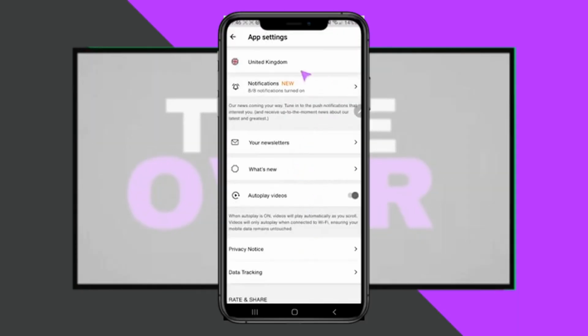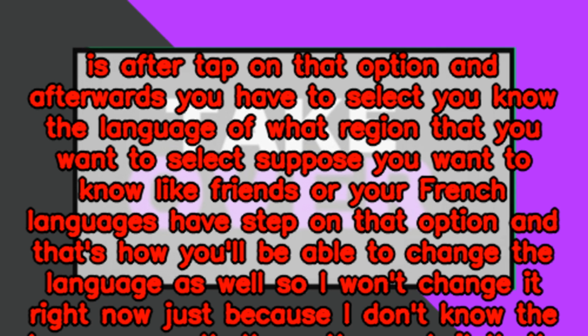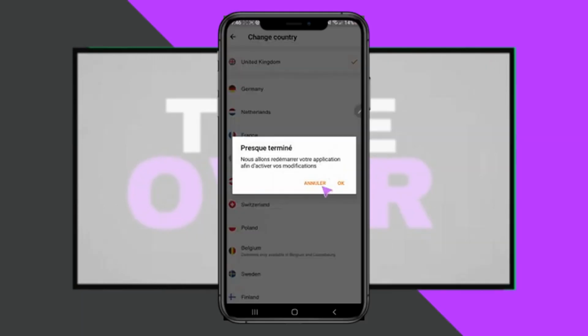Here you have to tap on your profile. After that, being on your profile, you have to tap on this app settings. In the app settings, the first option should be your region. After you tap on that option, you have to select the language of the region that you want